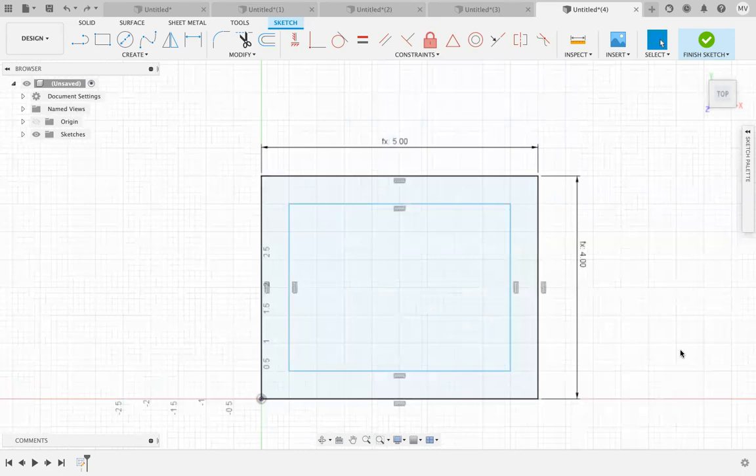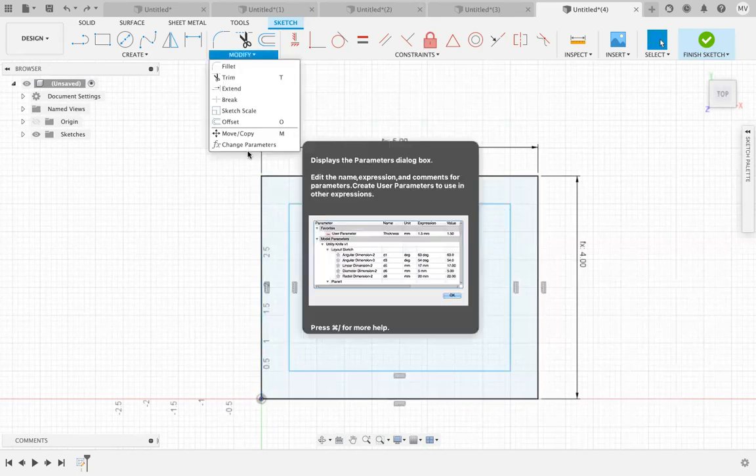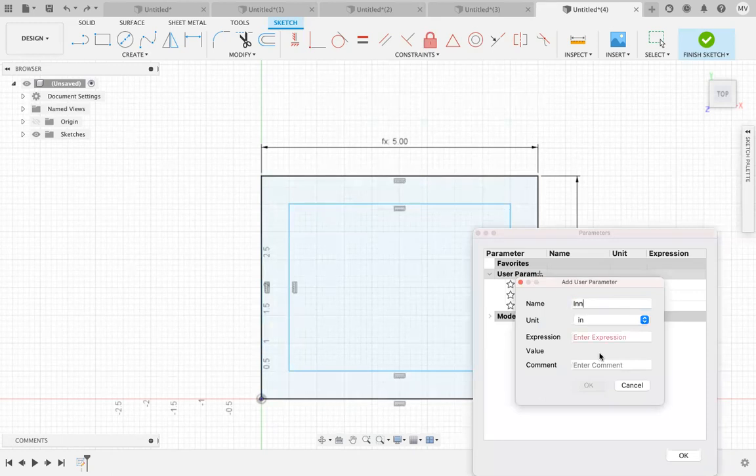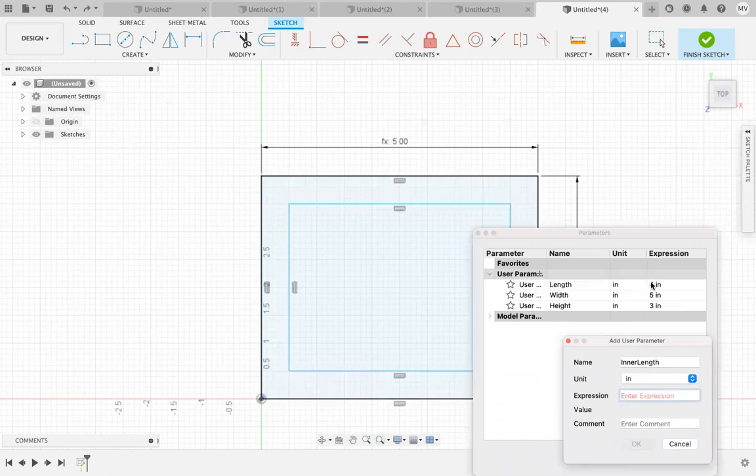So I have that rectangle in place. What do I want the lengths of the sides to be? Well, this vertical side is always going to be a little bit smaller than this outer piece. Now, I've seen some people say, oh, why don't I just create its own parameter? So what is the vertical line's length? Why don't I make inner length? And since this is a length of 4,